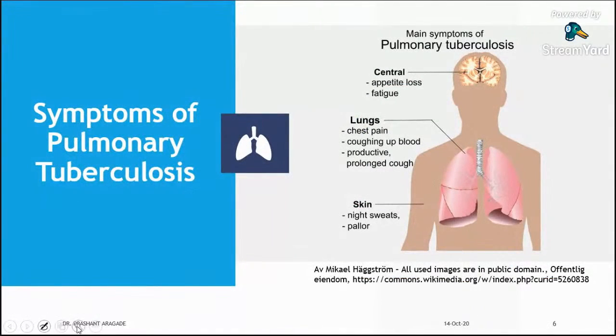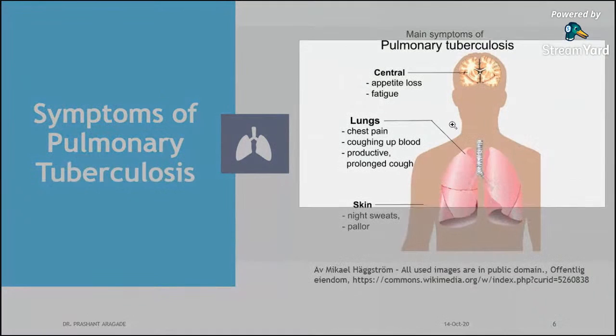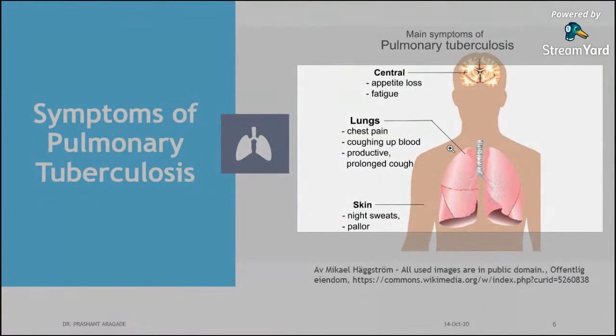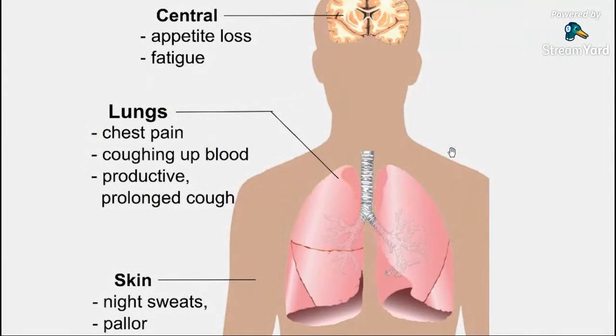If you see here, I have downloaded one image for you people. Okay. So tuberculosis affects the lungs, and at that time it also affects some of the central nervous system, but it doesn't mean it has infection on the CNS. But through the CNS there is appetite loss, म्हणजे भूक मंदावणे, फटीक म्हणजे थकवा जाणवणे, थोडा आपल्या CNS वर परिणाम होतो